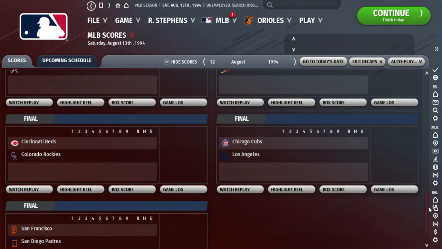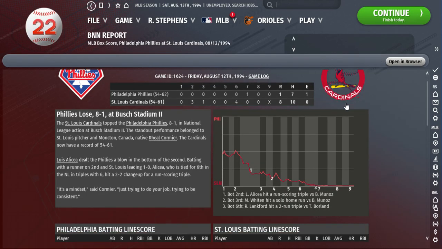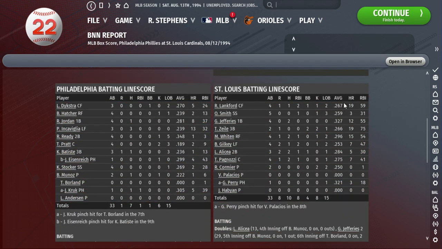Let's go look at the box score quickly. 8 runs, 10 hits, 0 errors for St. Louis. 1 run, 7 hits, and 1 error for the Phillies. Take a look at the hits.